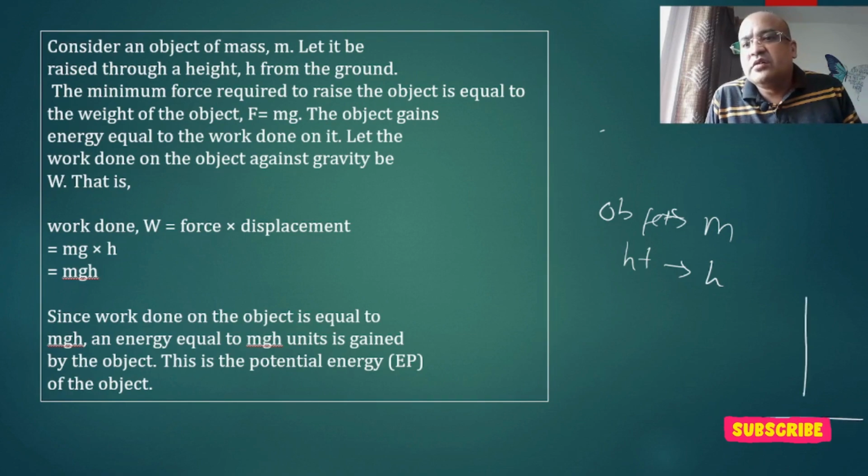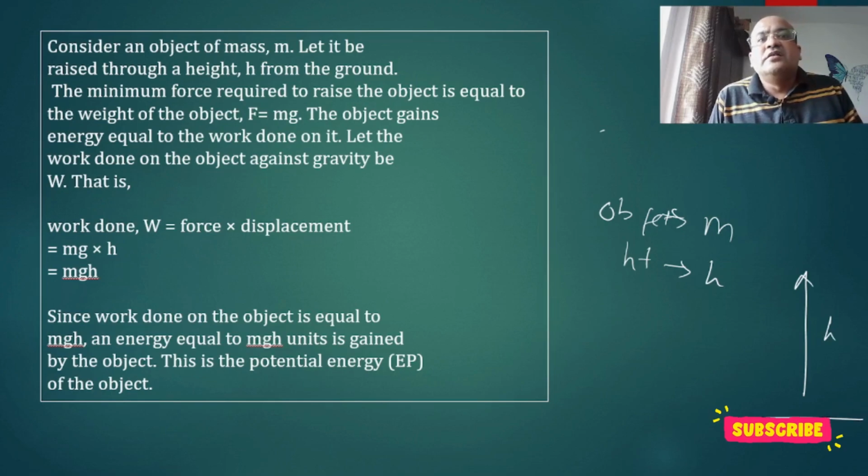This is the ground, and the object is raised to a height h. The weight of the object is there. The minimal force required to raise the object is equal to the